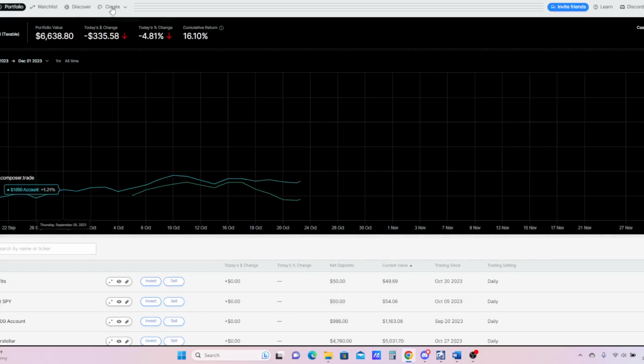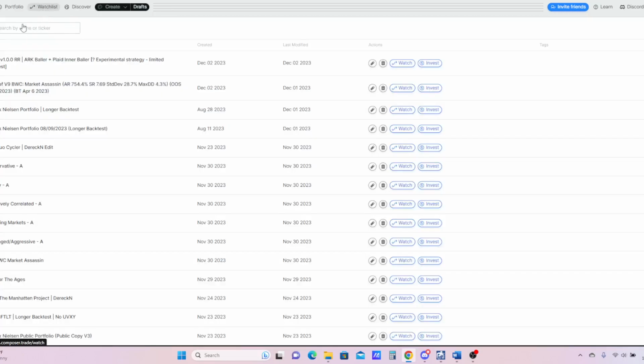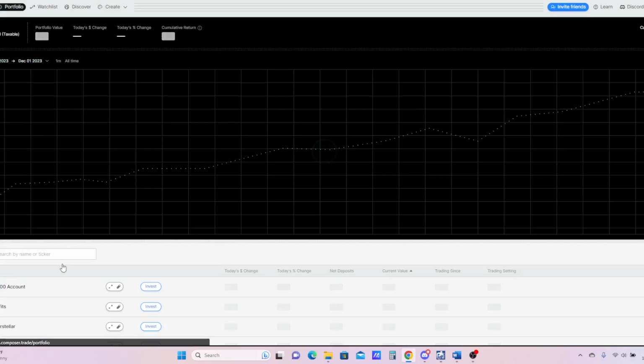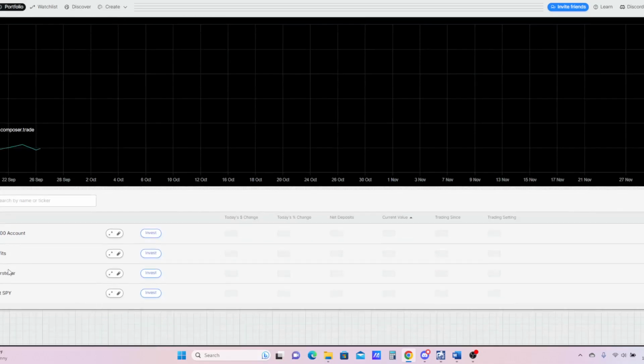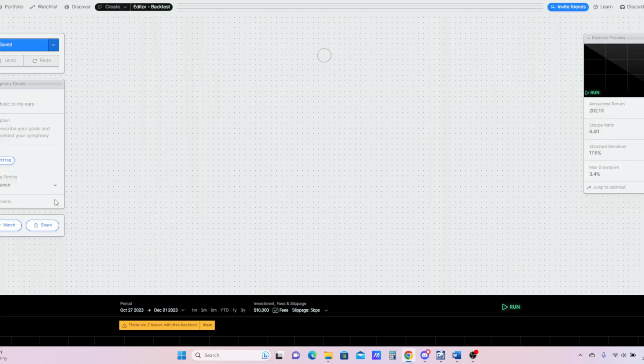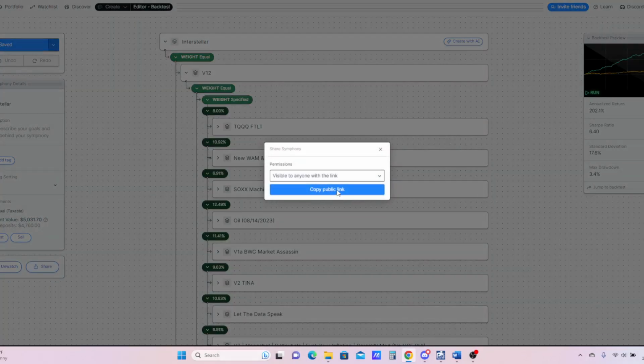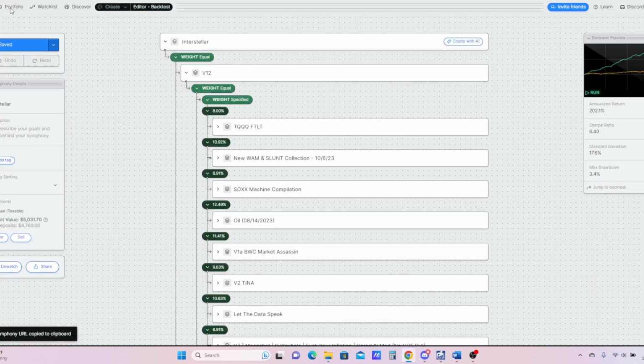Actually, I'll just do my discard changes. Why did I do that? Hold on a second, sorry. Let me just do my, I'm going to do my master. I think I was around like 60 or something like that. I can't remember. But basically, the higher your Serenity index, the less volatile your Symphony is going to be. All right, so if I copy this,